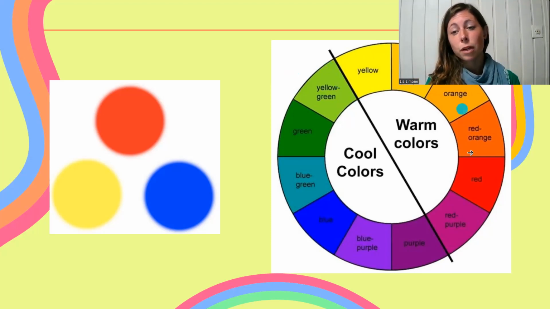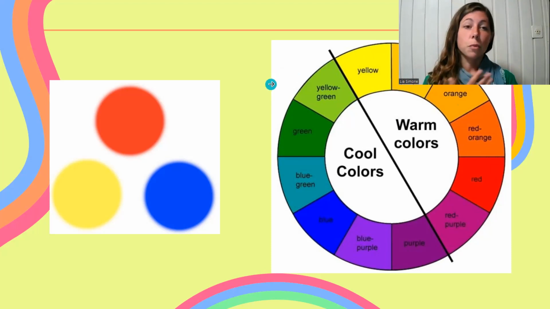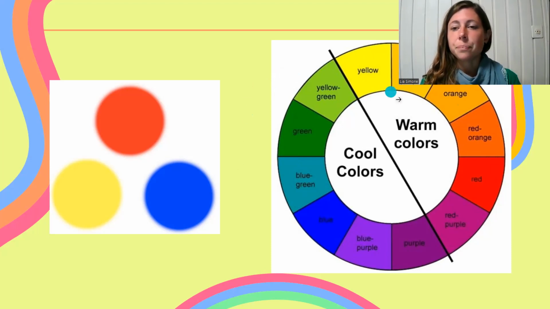And like I said, you look at the warm colors, they give you kind of a more warm feeling, and the cool colors give you more of a cool feeling. Maybe you associate those with water, nature, more relaxing energy. So that's just a very, very basic makeup of the color wheel.